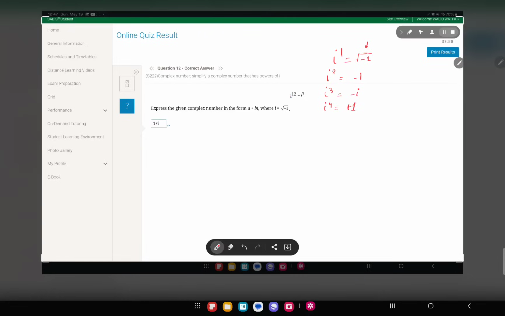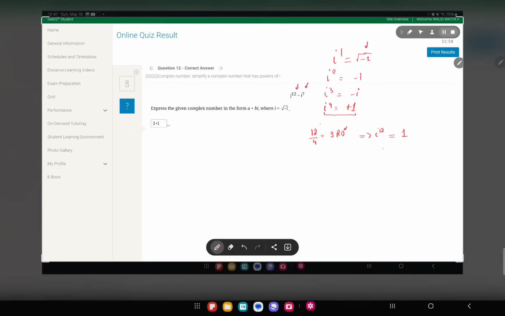Okay, 1, 2, 3, 4. What does this have to do with anything? Look, whenever you have powers of i, you just divide by 4. The rule is divide by 4 and check your remainder. 12 divided by 4 is 3, remainder 0. Okay? Since there's no remainder, I take the power of 4. So that means i to the power of 12